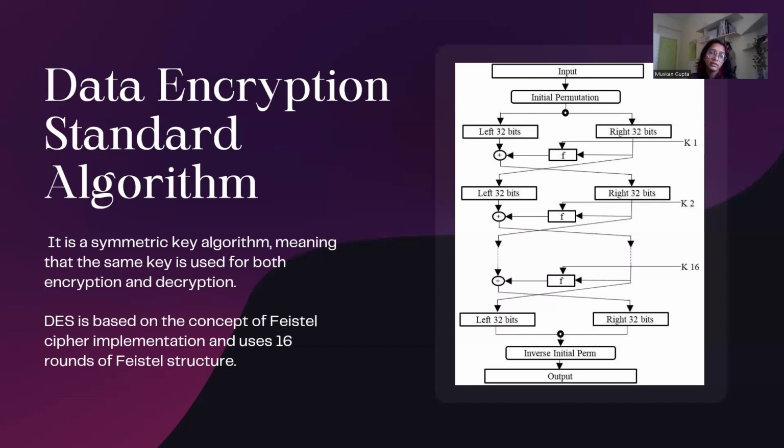DES is based on the concept of Feistel cipher implementation and uses 16 rounds of Feistel structure as shown in the diagram, which helps to generate a 48-bit unique key from the cipher. So initially 64-bit,